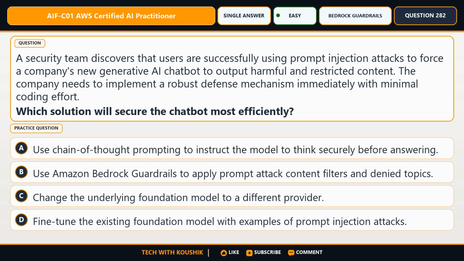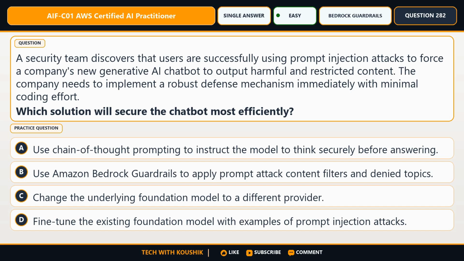The exam distinction is hidden in these choices. Now, examine choice A. Use chain of thought prompting to instruct the model to think securely before answering. Now, examine choice B. Use Amazon Bedrock guardrails to apply prompt attack content filters and denied topics. Now, examine choice C. Change the underlying foundation model to a different provider.